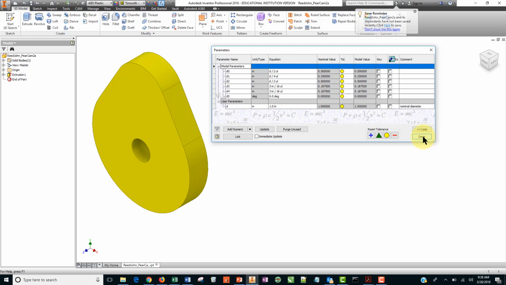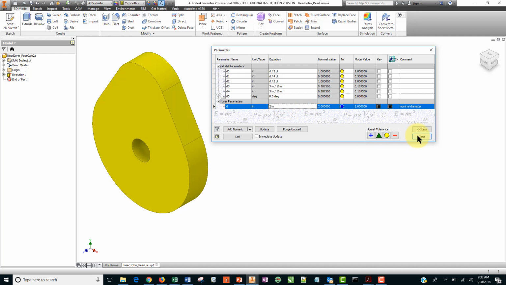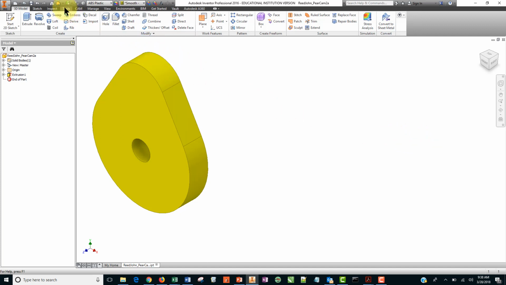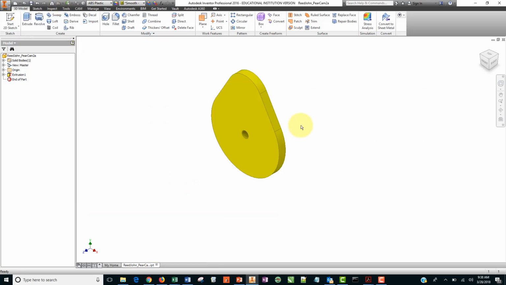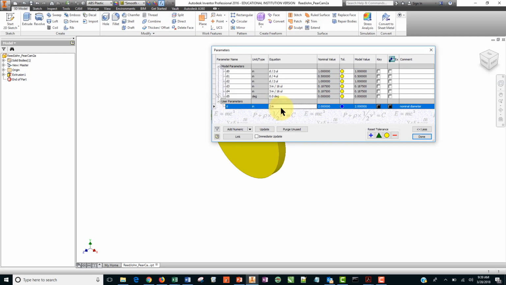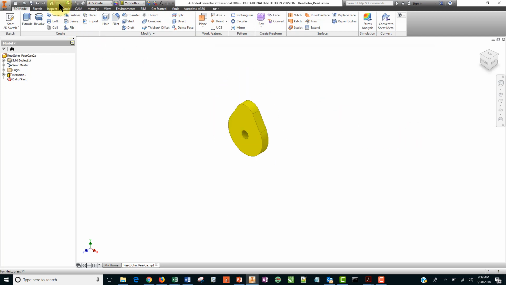Now, why would we ever want to do this? Well, what if I change this to 2? So I have a really big box I want to put this cam in, so I say done. Now there's this little tool up here we haven't used much called the local update, so I'm going to press it, and you can see that it gets bigger. So if I go back to the parameters and say this is 1 inch, done, and then I update it,